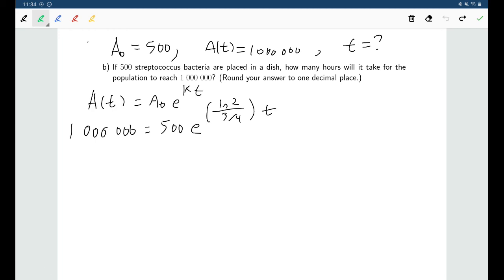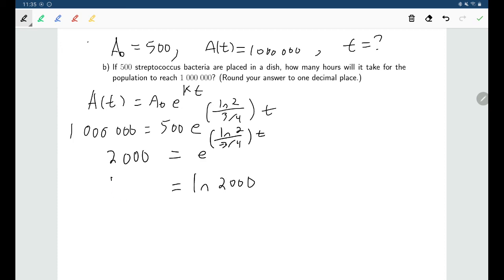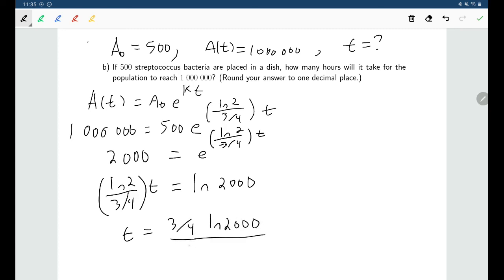So let's start off by first isolating our exponential expression there, dividing both sides by 500. And when you do that, 1 million divided by 500 is 2,000. So we have on the right side e to the power of natural log of 2 over 3/4 times t, and on the left side we've got 2,000. And then just rewriting this as a log, natural log of 2,000 equals natural log of 2 over 3/4 times t. And so we can solve for what t is, bringing up the 3/4, dividing by natural log of 2. And so I've got t is equal to 3/4 times natural log of 2,000 divided by natural log of 2,